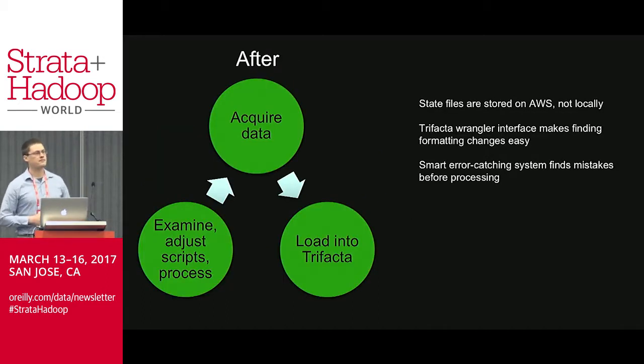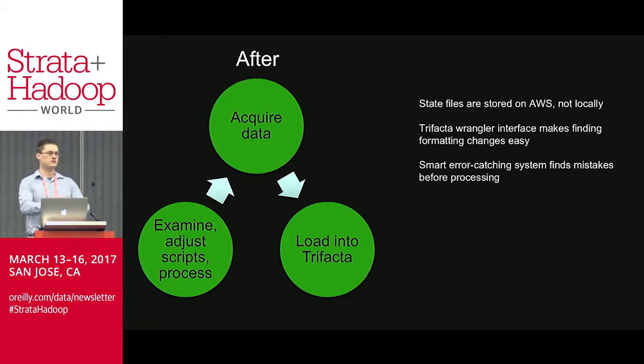So with Trifecta, I want to give you an idea of the time that we were able to save. We can just acquire the data, we can load it into the Trifecta AWS server, pull it up in the data wrangler, and again, combine that process of exploring the data set to see what has changed with modifying the script that you're going to use to process the entire thing. Also, we are able to kick that script and that data set, once we're confident that it's ready to go, over to a dedicated Hadoop cluster, which does all the hard work of processing the data for us,